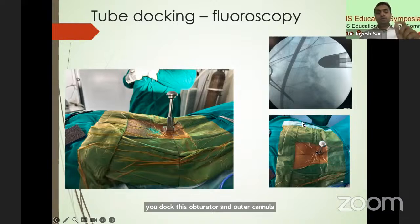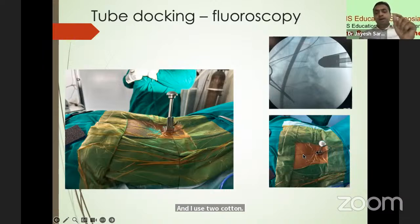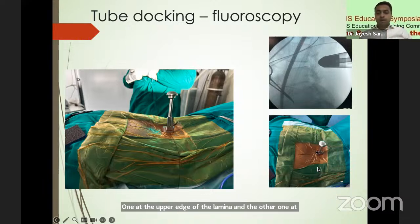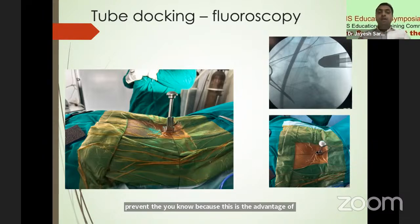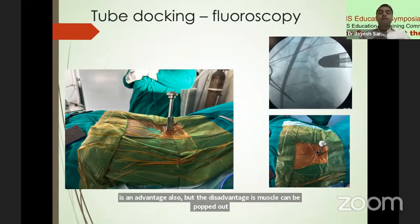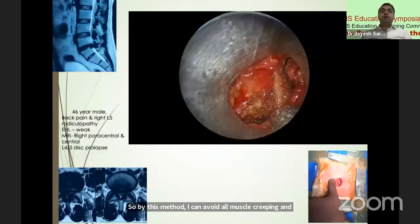And I use two cotton patties, which we call peanuts. One at the upper edge of the lamina and the other lateral to the facet joint. These two peanuts or gauze pieces prevent a problem, because the advantage of the Destandau system is that it is a highly mobile system. That is an advantage, but the disadvantage is that muscle can be popped out. So by this method, I can avoid all muscle creeping and popping inside my endoscopy field, and the view will be very, very clear. So after I dock the tube,